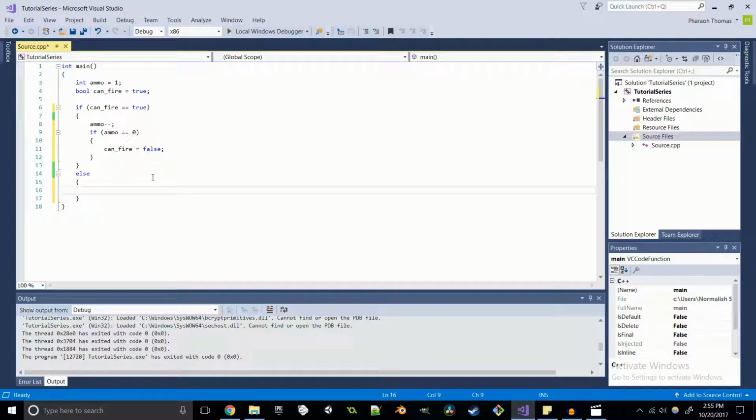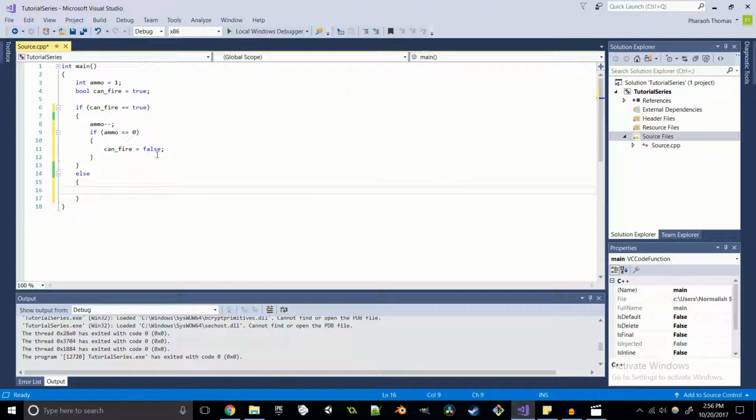If CanFire is false, that means we don't have ammo, and if you've ever played a first-person shooter, maybe something visually pops up on the screen and says, hey, we can't do what you want because this Boolean is false. And what we'll do is